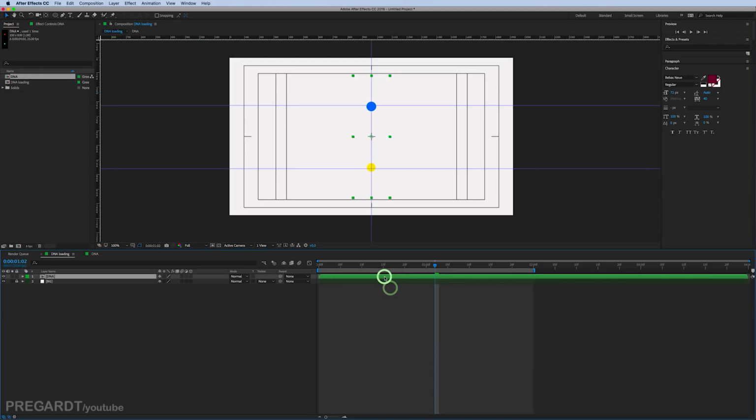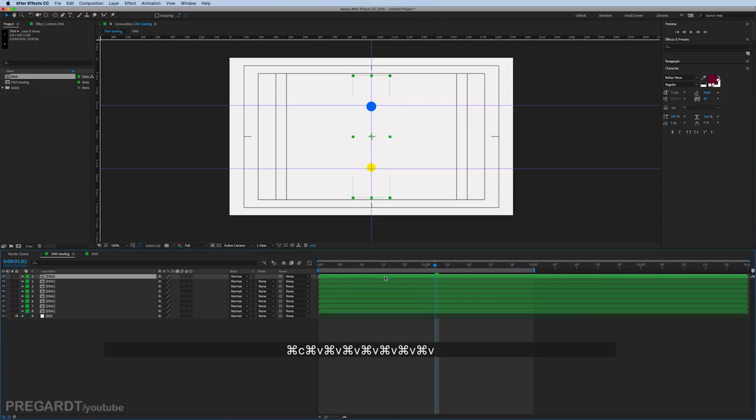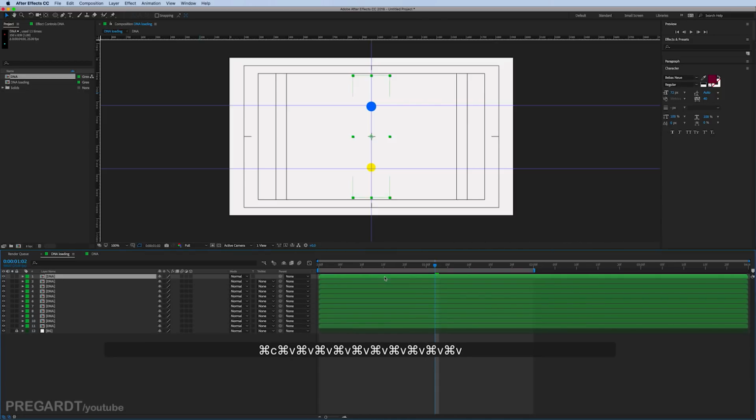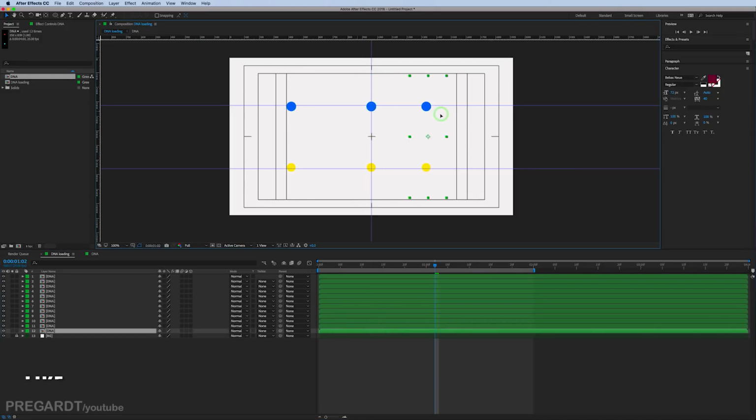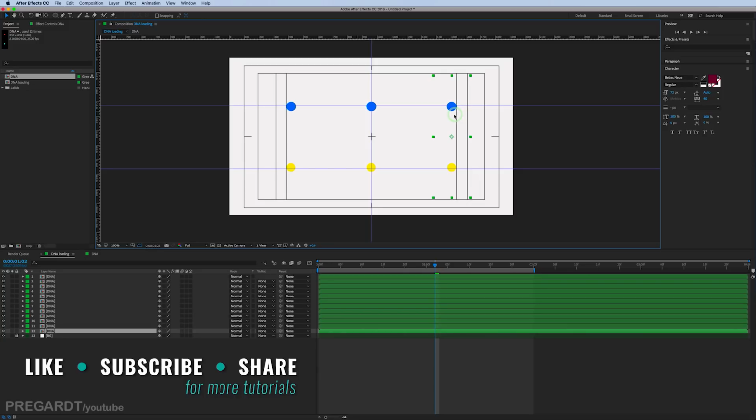and copy your DNA animation 10 or 12 times. I use 12 because I think it looks good. And I'm going to select the first animation and shift it to the left side. As you can see, I used the title safe like a guide. And the last animation to the right side, and make sure your align